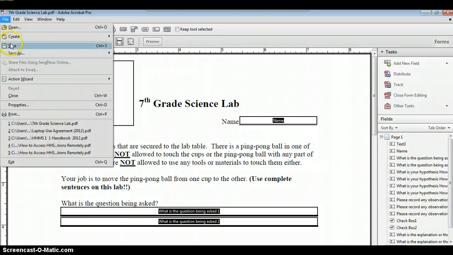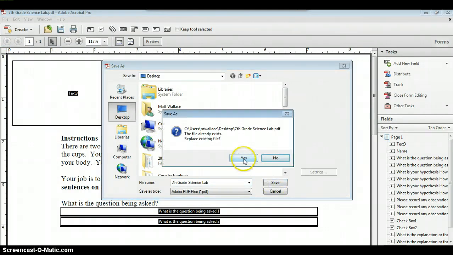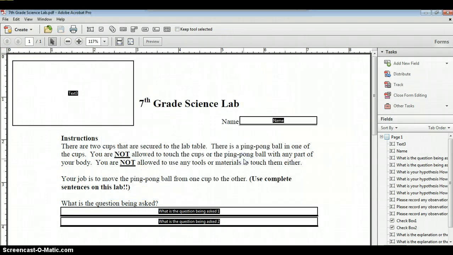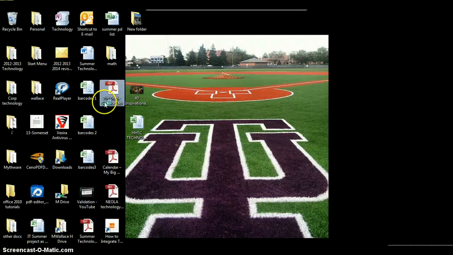Now I'm going to save it, and it's going to say you're going to save it to your desktop. It already exists. We know that, but now we're overriding it to make it the interactive form. Let's go look at what we created. So I go to my desktop, there it is,